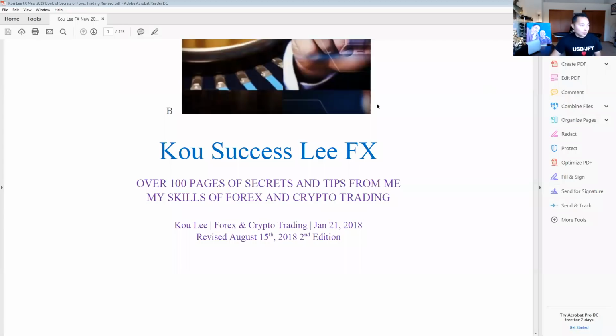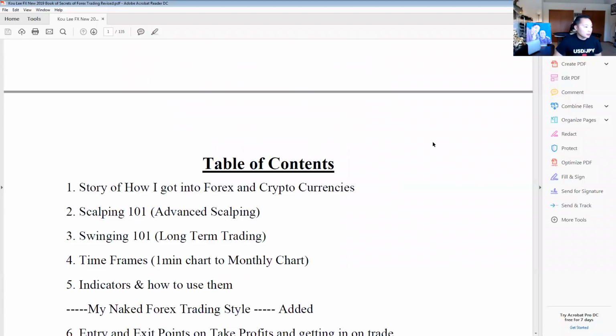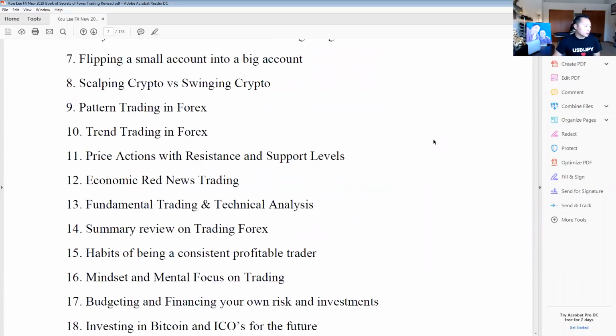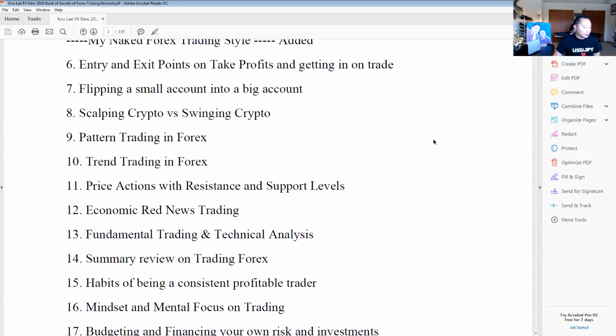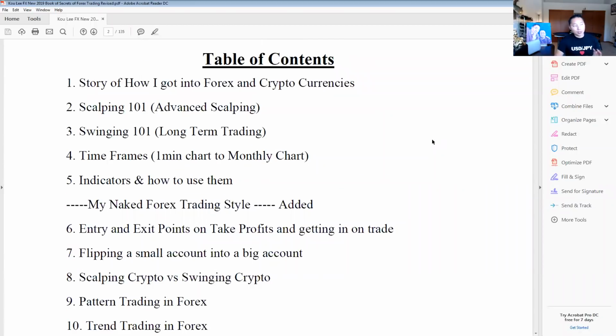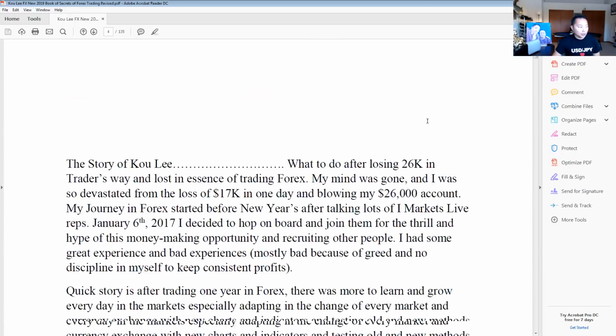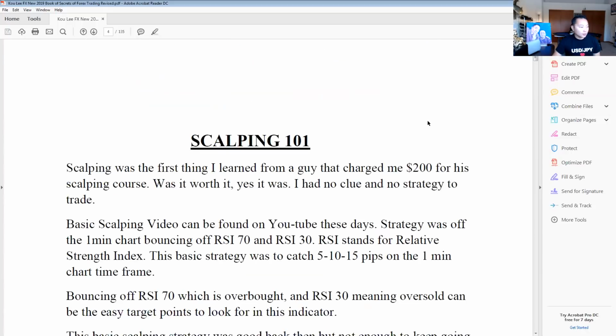That's the biggest thing right now. So you guys can see the book. I am going to jump into scalping, swinging, pretty much everything. I'll try and jump into every single major chapter, but the most important thing is scalping and swinging, so that you can understand the basics, and then the fundamentals, technical, and then where I am going right now into trading. I'm going to be hopping between different things, but I want to guide you guys through here. With scalping,